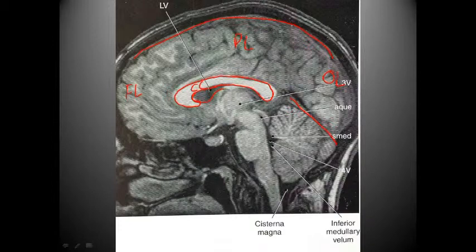We have the cerebral aqueduct, which connects basically the third and fourth ventricles together. Here we have the fourth ventricle. We have cerebellum, the cerebrum lying superior to it. We have the midbrain, the pons, and the medulla, sphenoid sinus, pituitary gland,